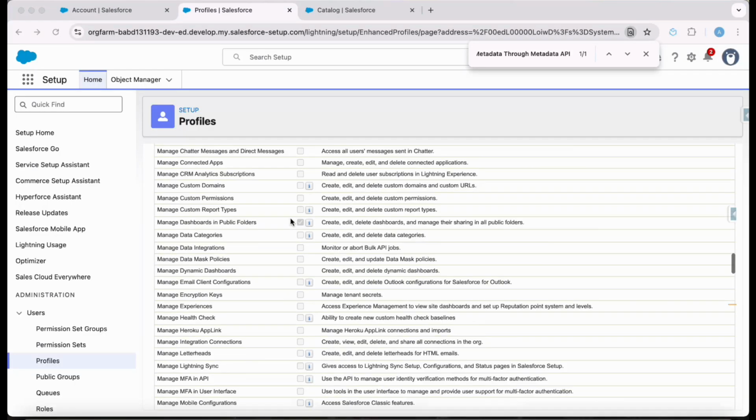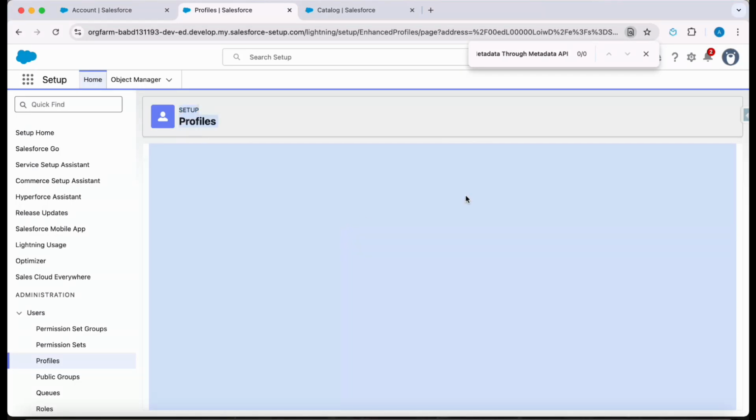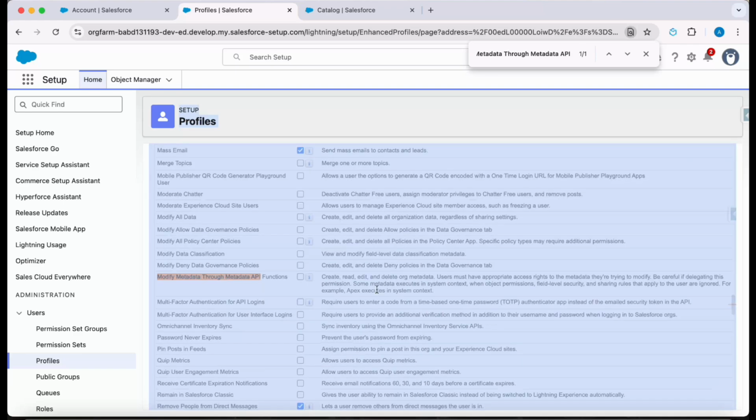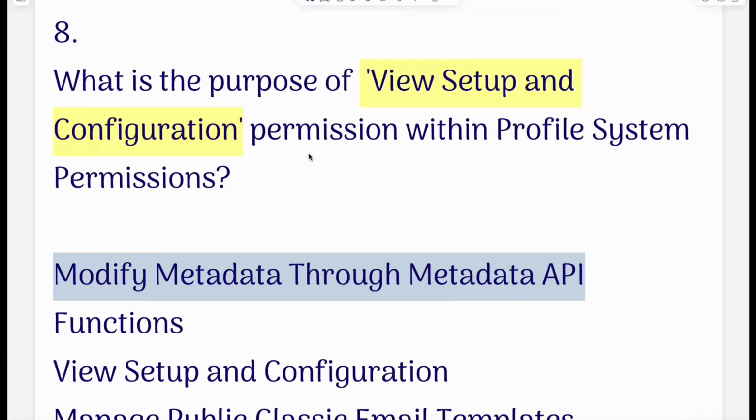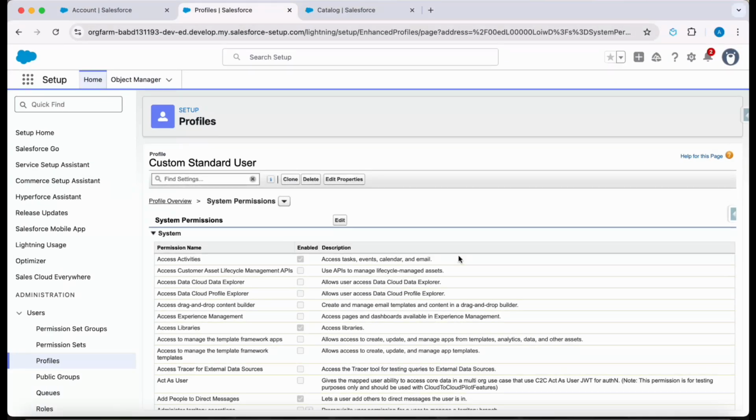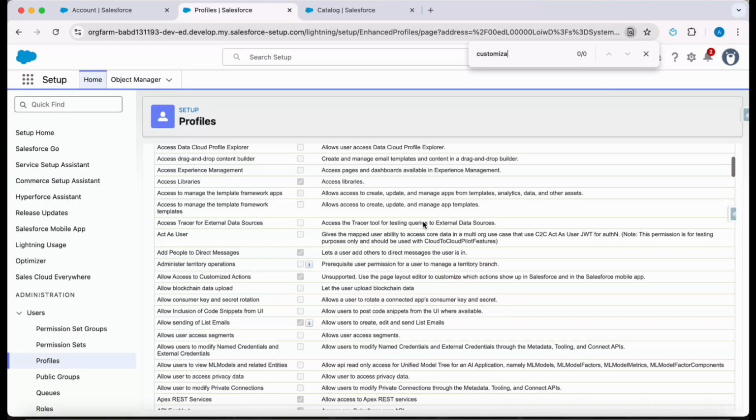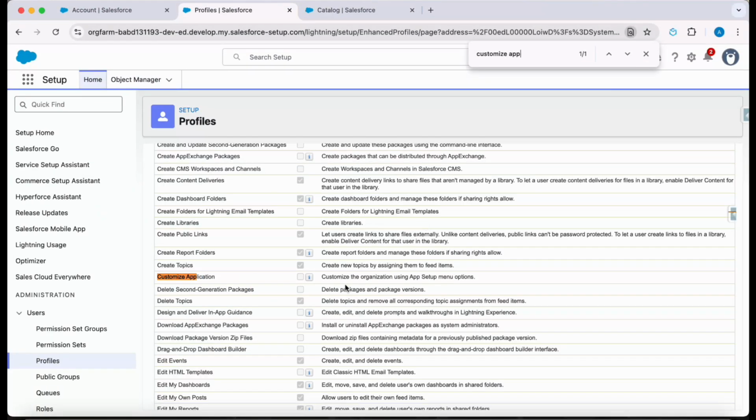So let us enable this function as well. Along with this permission, there is another permission which I need, and that is customize application. Unless I have this customize application permission, I won't be able to perform many of the functionalities